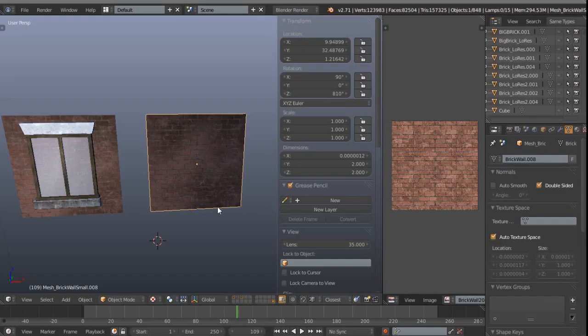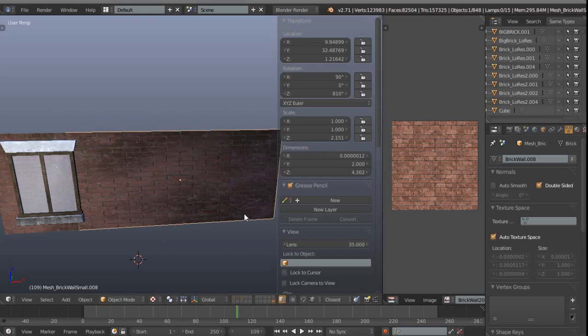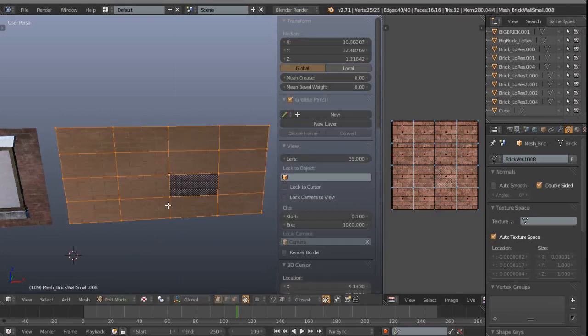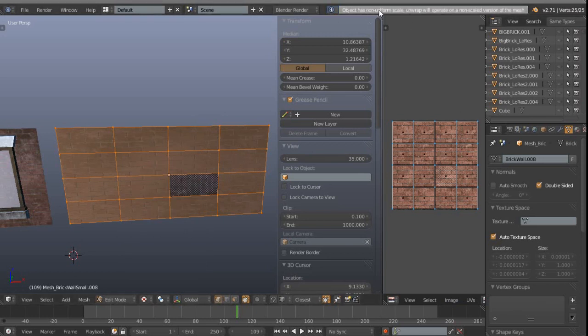But just to demonstrate what sort of problem you'd get, if I press S and X to widen this out a little bit and then Tab into edit mode, you can see currently the UVs are representing what that shape was before, so the square. Anyway, we can go and press U and then unwrap, and you'll see that we get a warning up here saying object has non-uniform scale. So in a way we don't get what we expected, which was maybe a rectangular version of the UV